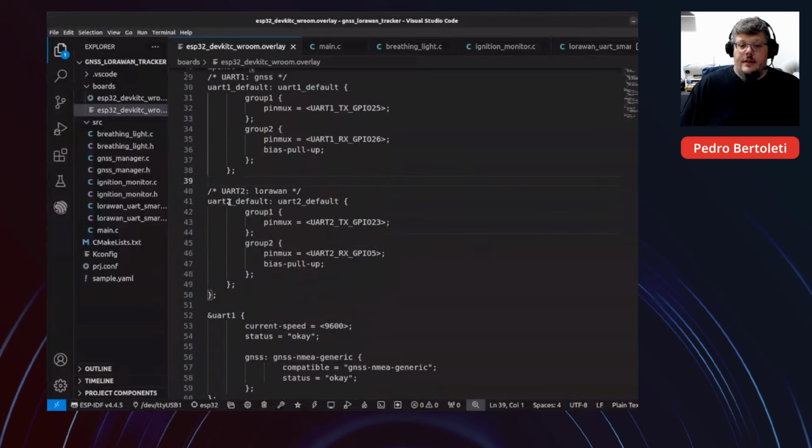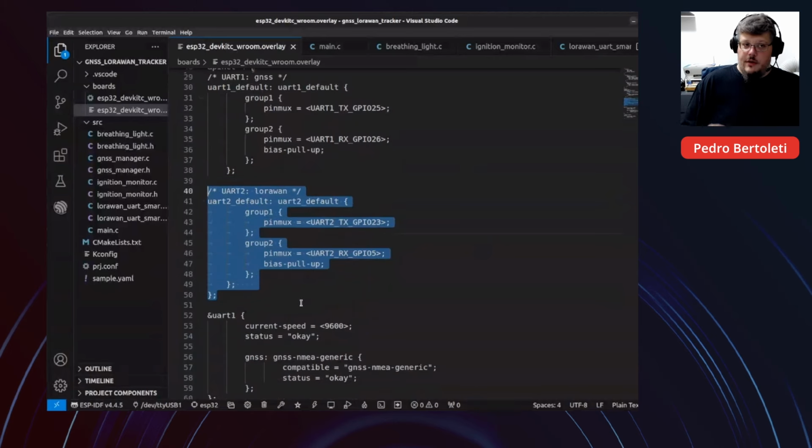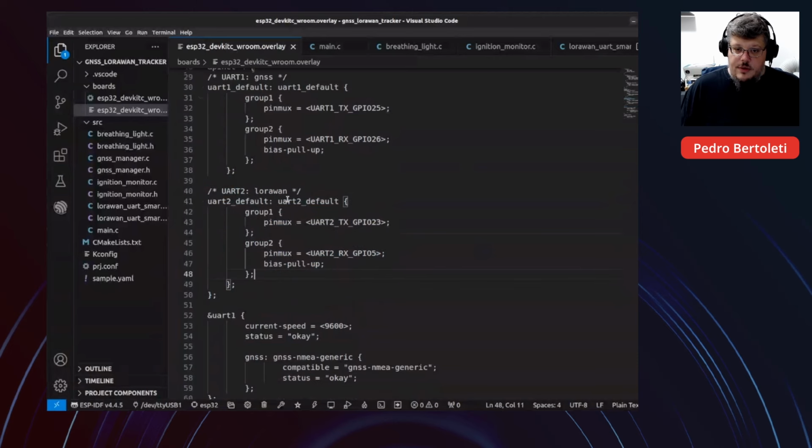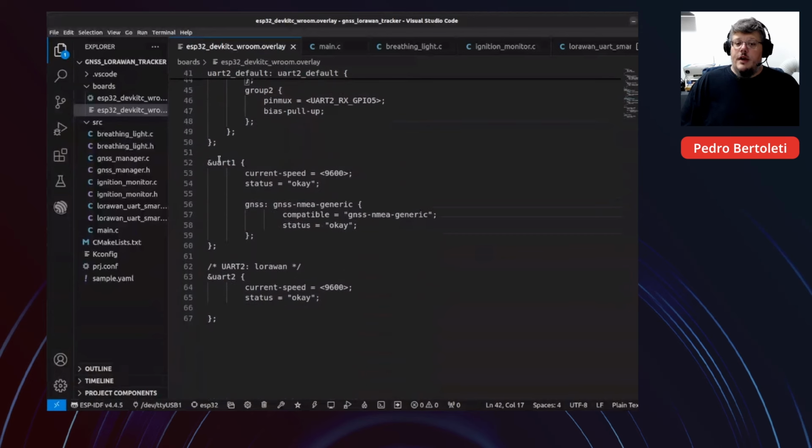And to communicate with the LoRaWAN module, as I said before, via AT commands and a UART interface, I'm using UART2 from the ESP32 and GPIOs 23 and 5 as TX and RX. Still regarding the UARTs, I defined their baud rates in these nodes here, UART1 and UART2, and also